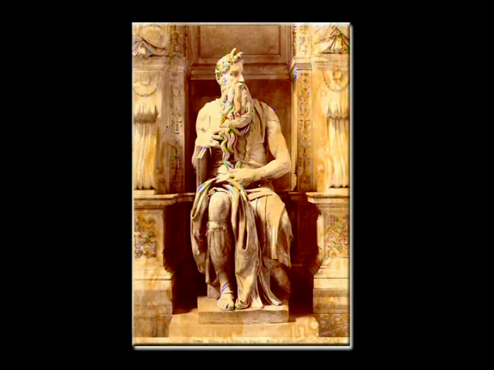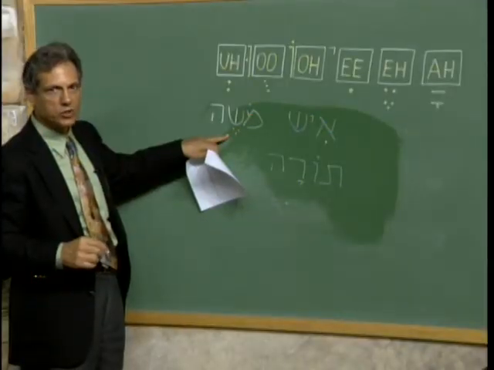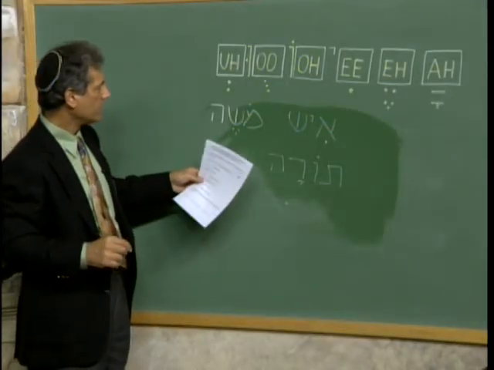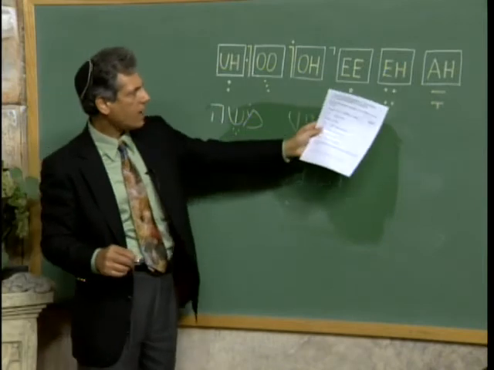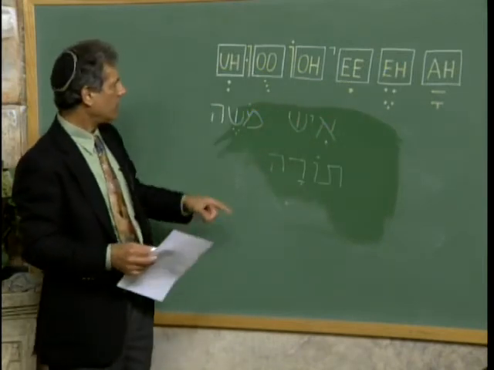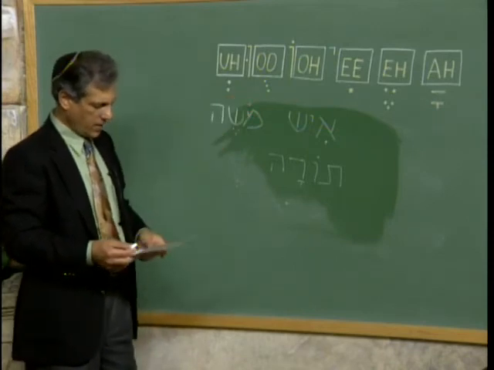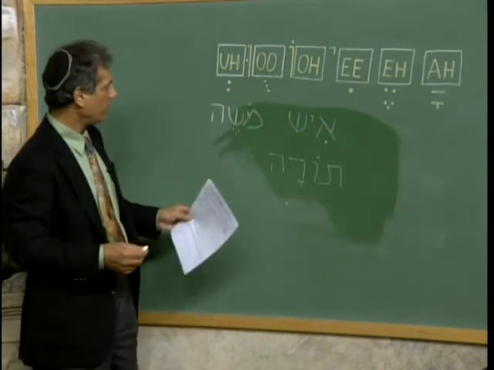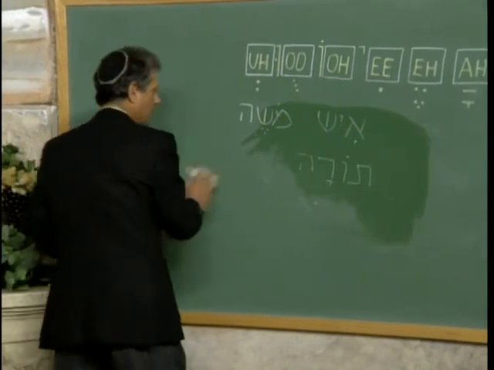The O sound on the Mem, and the Shin has an A sound, Moshe. Okay? So we covered the A, the E, the O, the U, and in U we have words like